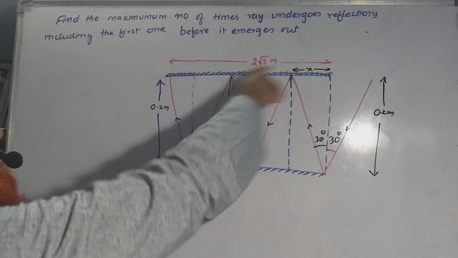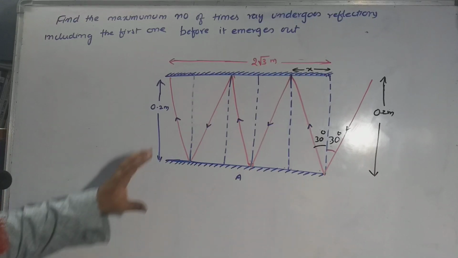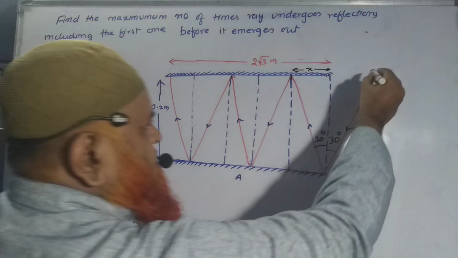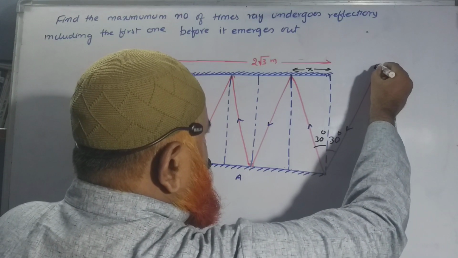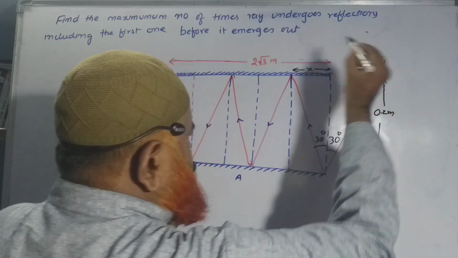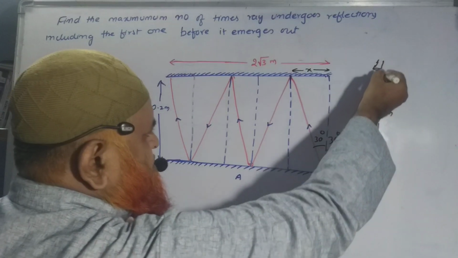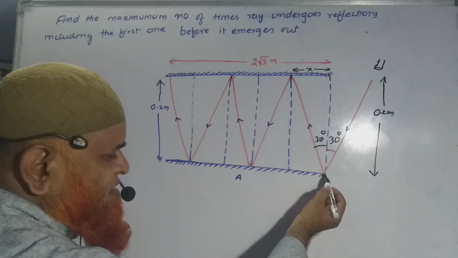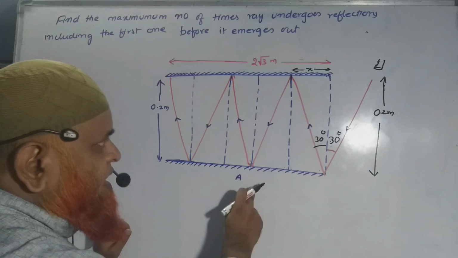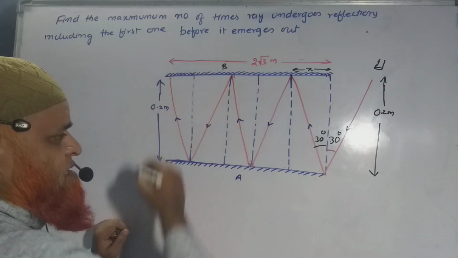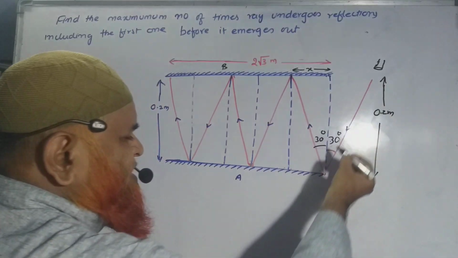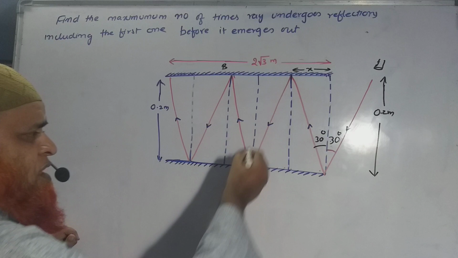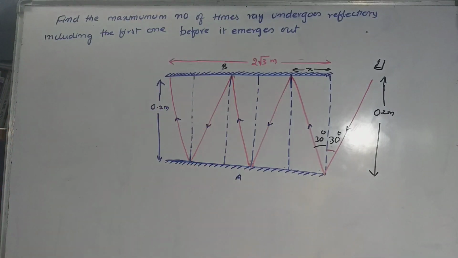These two plane mirrors are placed in such a way that when there is any torch or laser light, the light comes from this and falls at the edge of plane mirror A as well as B. There are two plane mirrors. So when a light ray comes from one side of a torch, it takes reflections here. And if you observe, there are multiple reflections here.